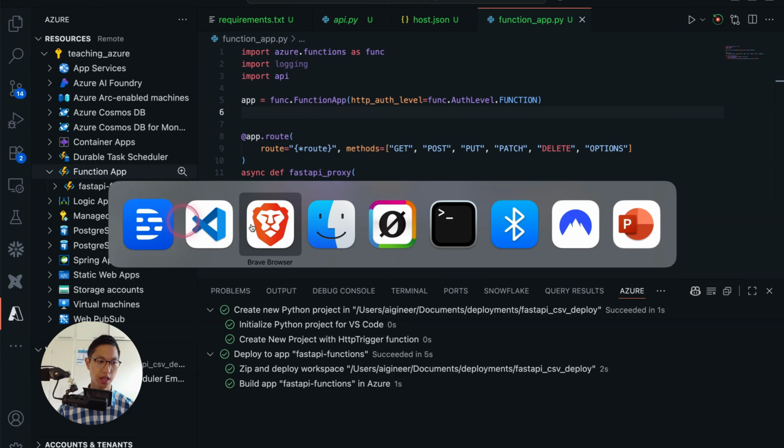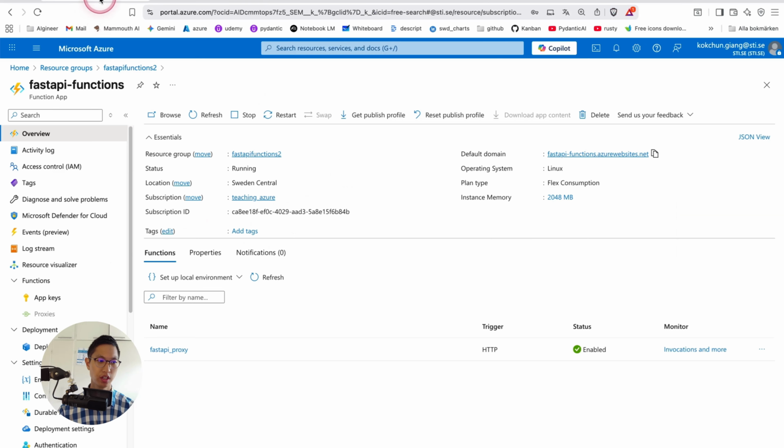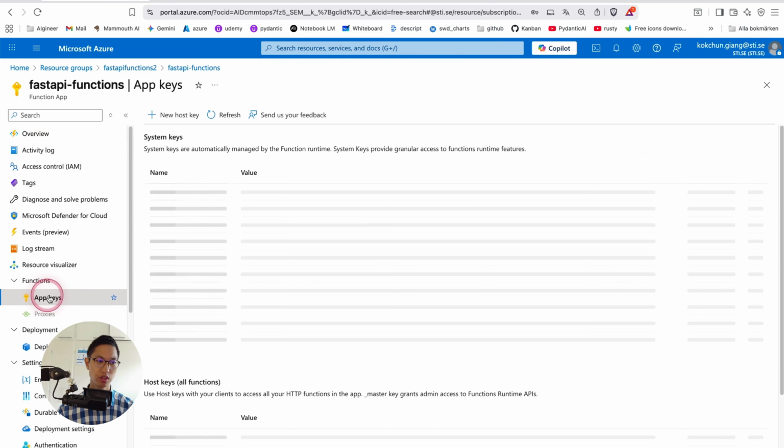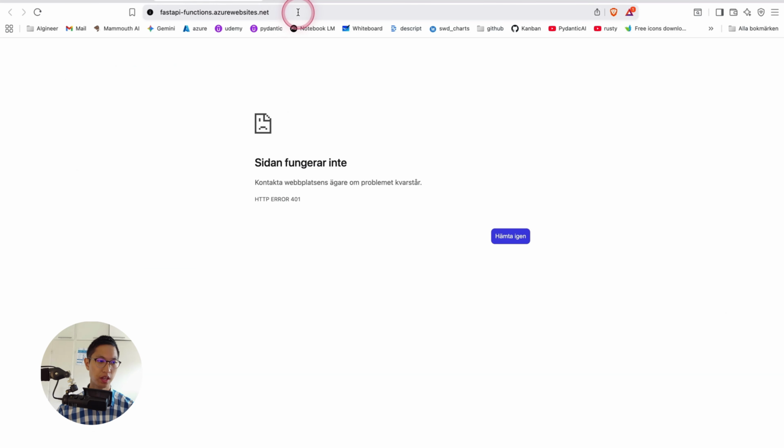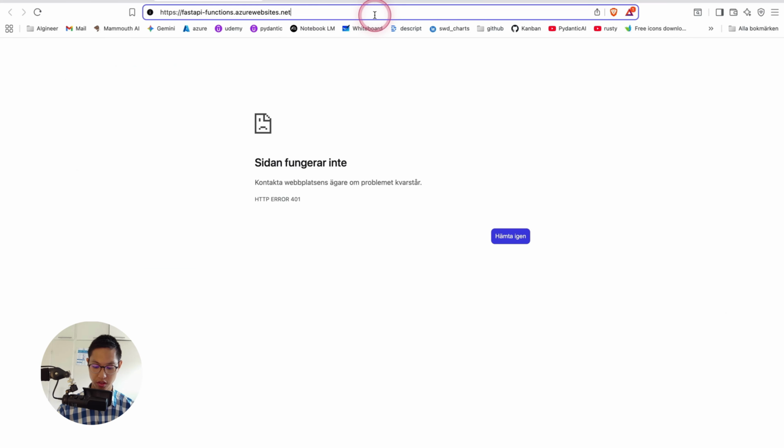And to find an API key, we go into the Brave. And here we see in the FastAPI application, there's functions here and app keys. You go into app keys. And what you do is that you copy this one. I just copy this one. When I copy this one, I go into my FastAPI, I go into